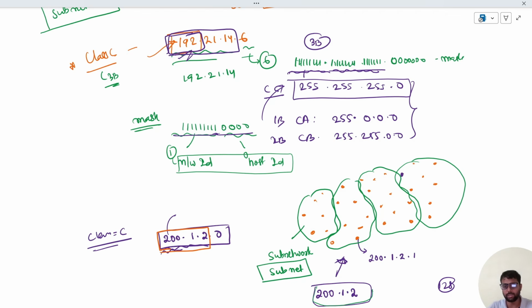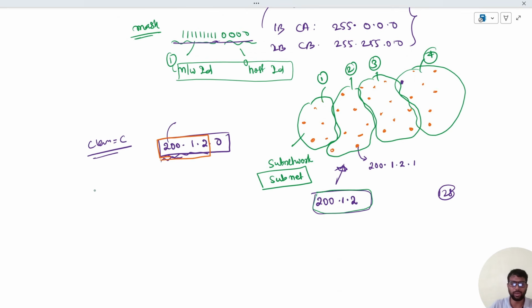नाउ we have to address. नेटवर्क के लिए तो हमें एक एड्रेस मिल गया ऑब्वियसली 200.1.2। अब हमने इन 4 जो सब नेटवर्क बनाए हैं, 1 2 3 और 4, इन 4 सब नेटवर्क को भी एड्रेस करना पड़ेगा। तो उसके लिए हम क्या कर सकते हैं? यहाँ पर हमारे पास 200.1.2 है। We cannot change this because this represents the class C address. What we are left with is 8 bits, which we are using to represent different devices. तो अब हम इसको रिप्रेजेंट कर सकते हैं। फोर नेटवर्क के लिए हमें कितने बिट्स चाहिए, 2 बिट्स। तो हम इस 2 बिट्स को रिजर्व कर लेंगे।